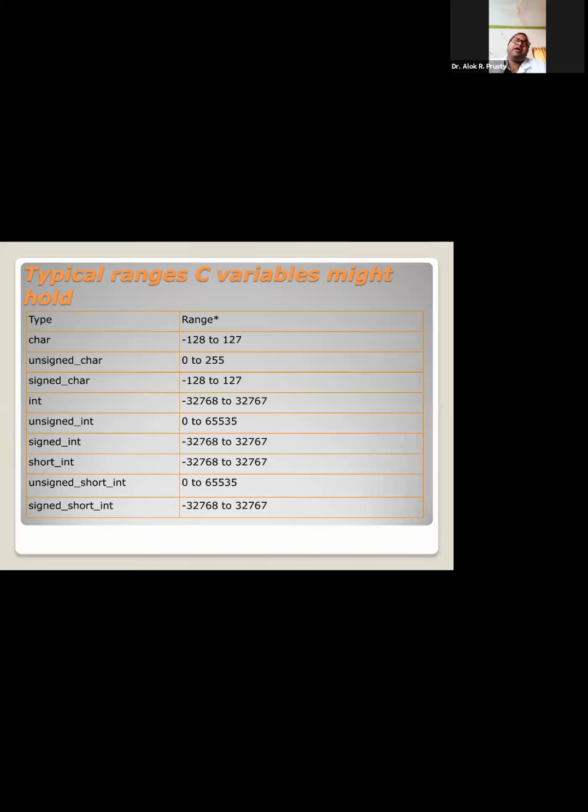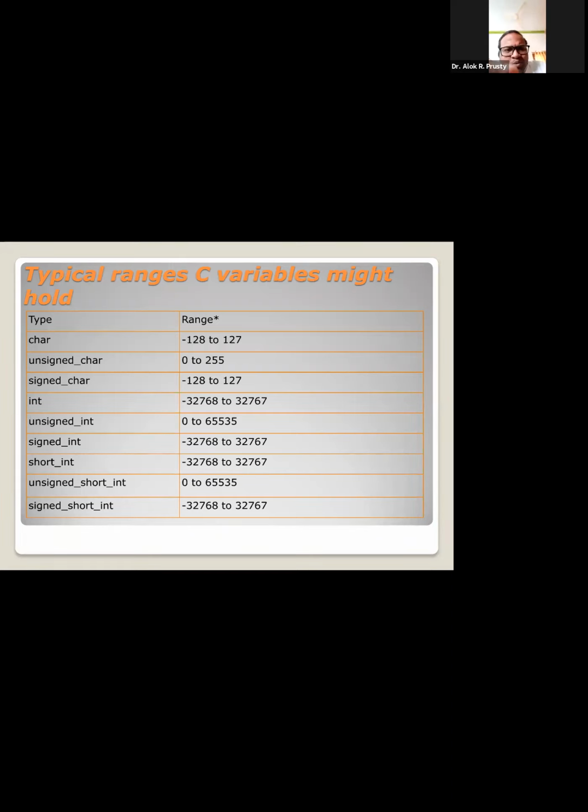Okay, so if your system is 16 bit, then definitely the answer will be that integer in your system is 16 bit, but integer in my system is 32 bit, because I have a faster system than you in terms of word length. So this is all about word length.